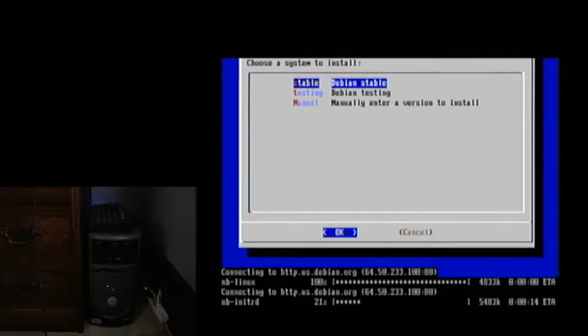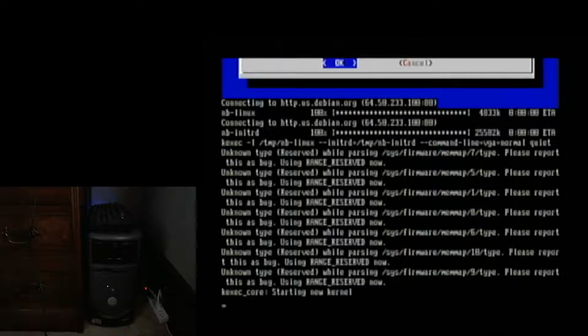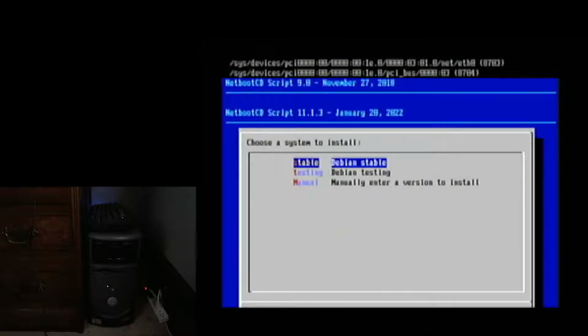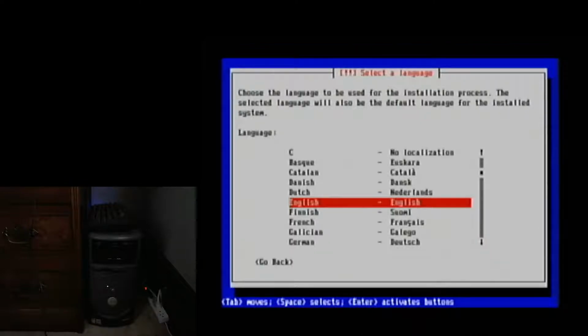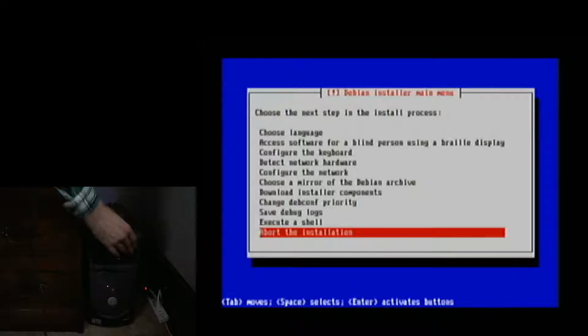And actually, I believe this is Debian 11 it'll be downloading, so we'll see if that looks any better. Yep, that does look better. So I think the other reason I want to make this video,